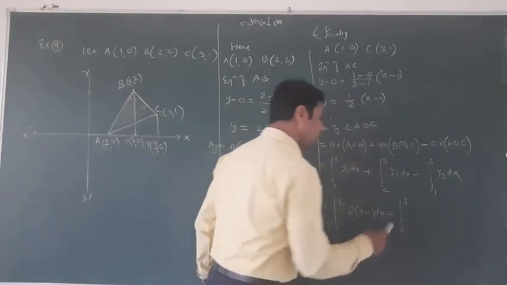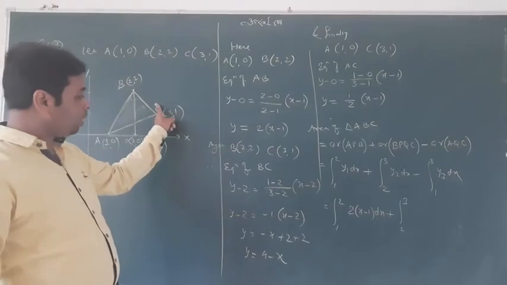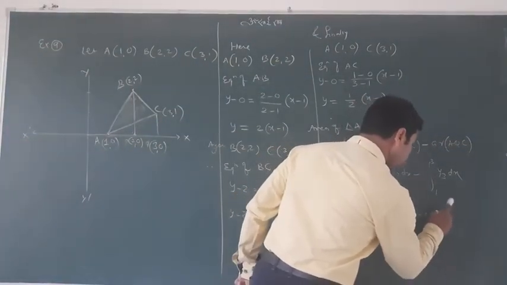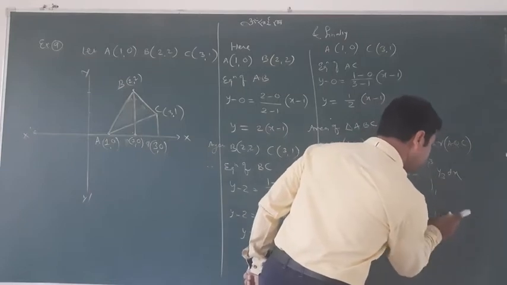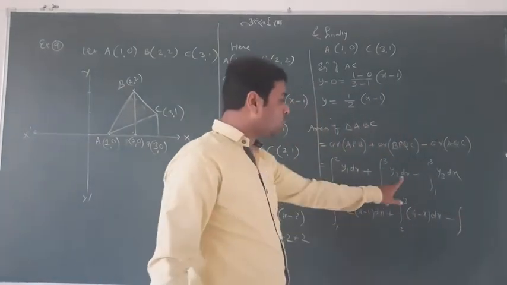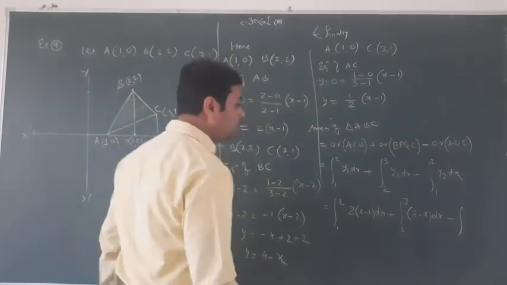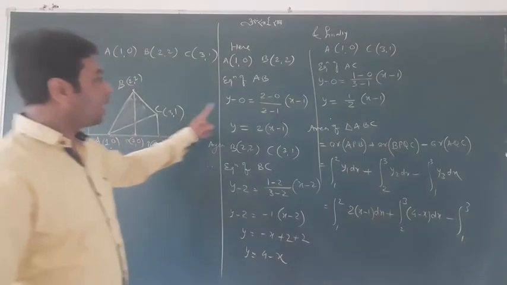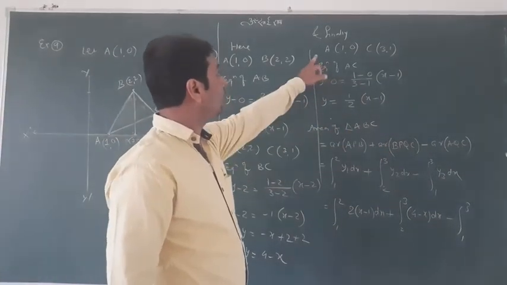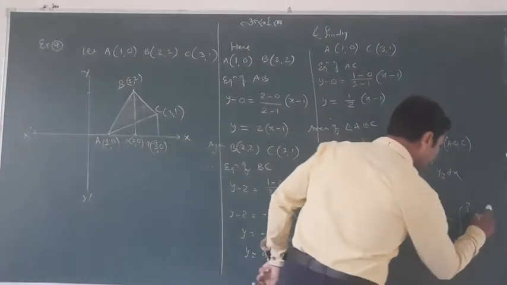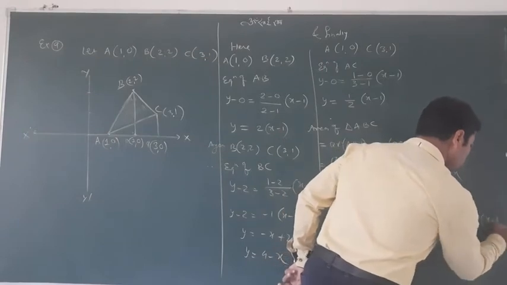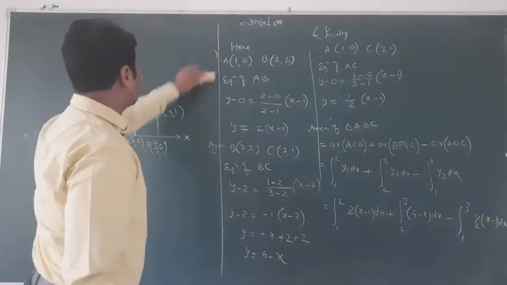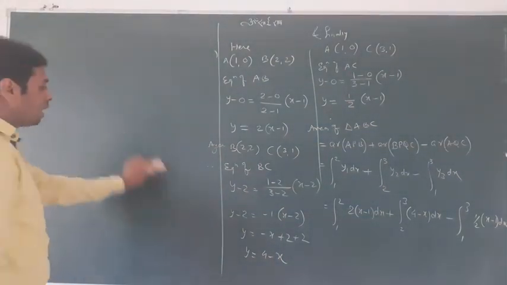From 2 to 3, y2 is covered by BC. BC was y equals 4 minus x. And lastly, minus, I added these two and subtract the last one. From 1 to 3 and the third line, which was AC, find the equation of AC: half x minus 1. So students, till here we have seen. Now let me rub all this, because the role of this figure is over.